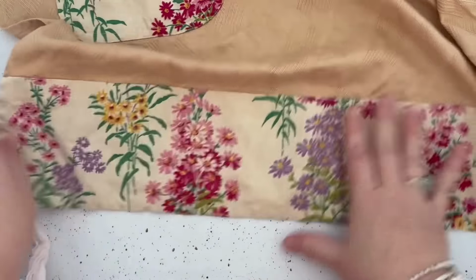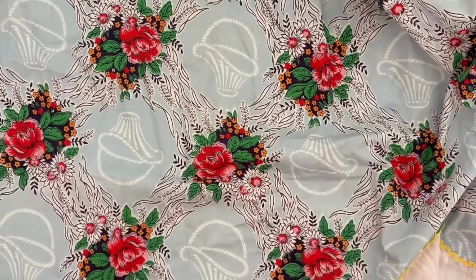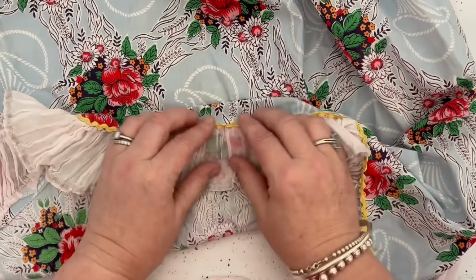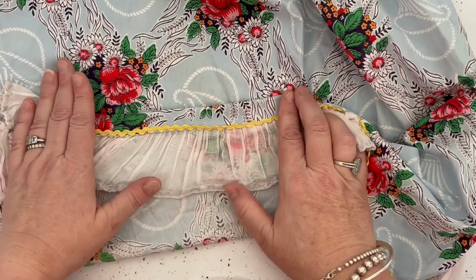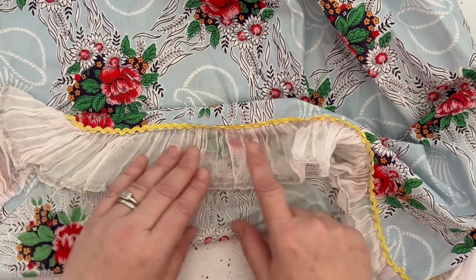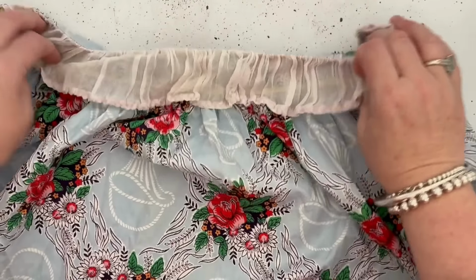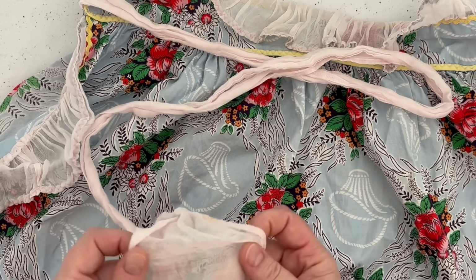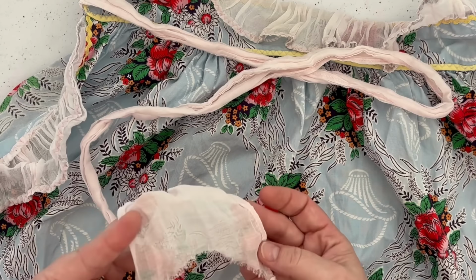and this one. Now I know this one was $5. The other one was cheaper. I'm not sure how much it was, but this one was $5. I loved the fabric on that. It's just really lovely vintage fabric. It's got like this rickrack edging on the edge of the frill, and also rickrack through here, and then a frill at the top. It's very pretty. And this very fine cotton, and something's been cut off the end there, I'd say,